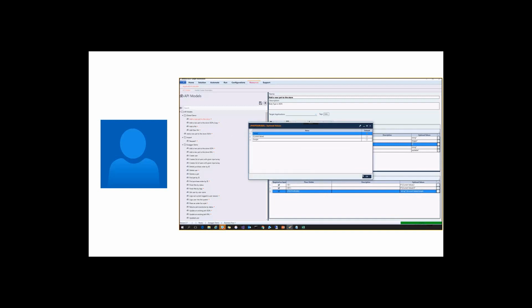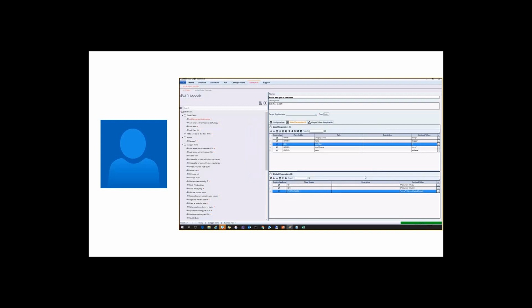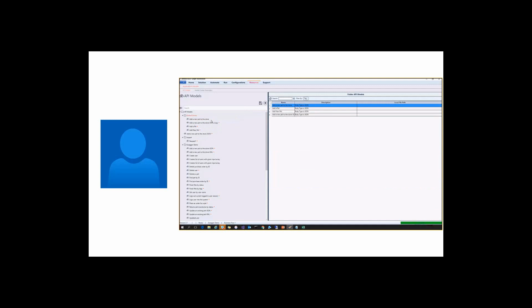Okay. Next thing I'm gonna show you is, okay, this is one part where you are using these. One more area where you can use these global parameters is in an output value of any action. You want to store something into a global parameter, but you don't want to manually configure the global parameter. That's also possible. You can just click on some action, go to the output values of it,